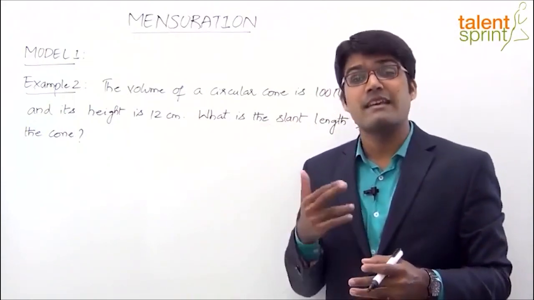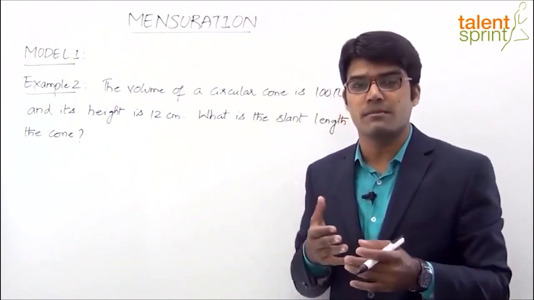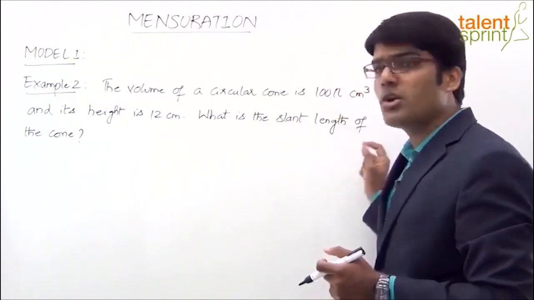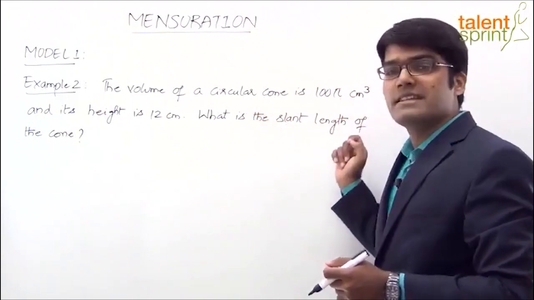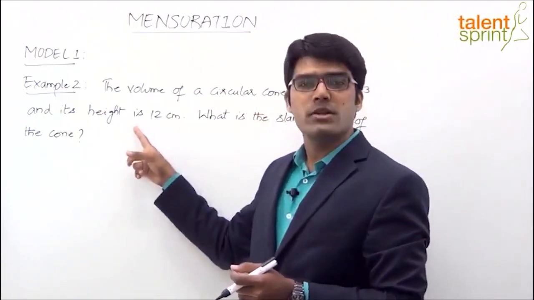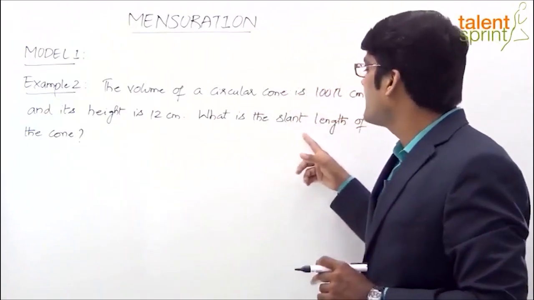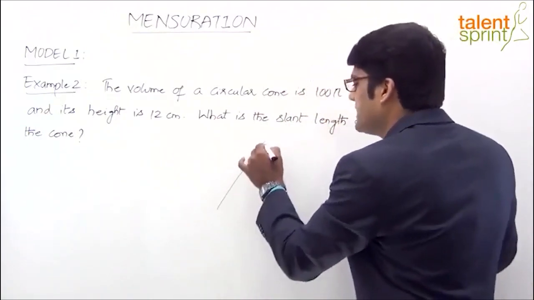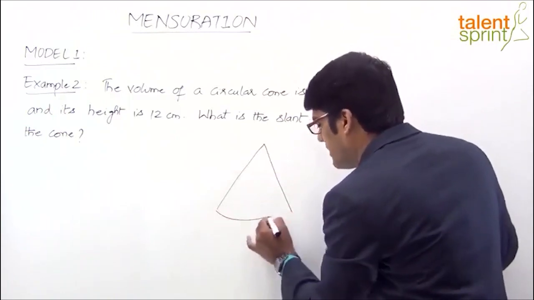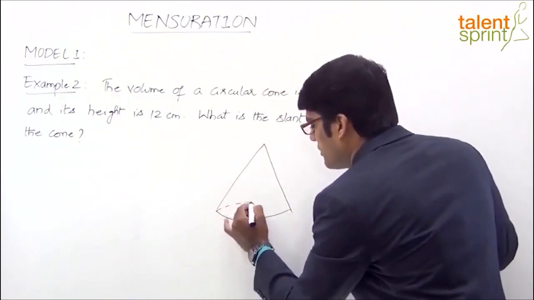सो इस बार अगर आप देखें, क्वेश्चन है 3D शेप पर। लास्ट टाइम हमने क्वेश्चन सॉल्व किया था रेक्टेंगल पर बेस्ड, जो है 2D शेप, लेकिन इस बार है 3D शेप, जो है कोन। तो यहां पर हमें कोन की वॉल्यूम दी गई है, जो है 100π सेंटीमीटर क्यूब, और हाइट भी दी गई है, जो है 12 सेंटीमीटर्स। हमें क्या पता लगाना है, स्लैंट लेंथ। तो सबसे पहले कोन के फिगर को कंसिडर कर लेते हैं, देखते हैं स्लैंट लेंथ क्या होती है।